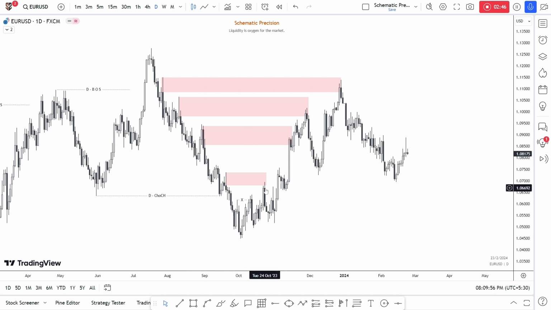Like in this first case, which was the decisional POI, we have the reaction and the move ahead for the continuation. Why this decisional POI didn't hold and market went down? Because a lot more buy side liquidity was there for the market to hold. So every time market mitigates any POI and shows some reaction and breaks it again, that shows we had some more liquidity to be grabbed on buy side. So same thing happened here. Market went up with this three wave pattern.